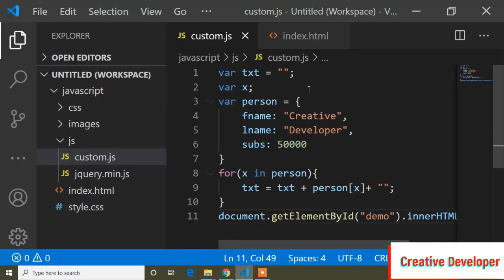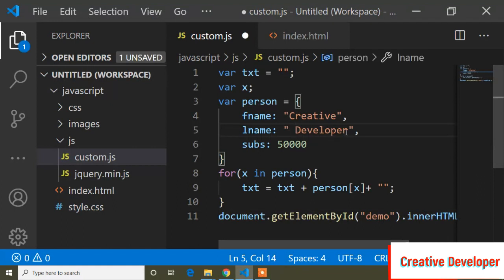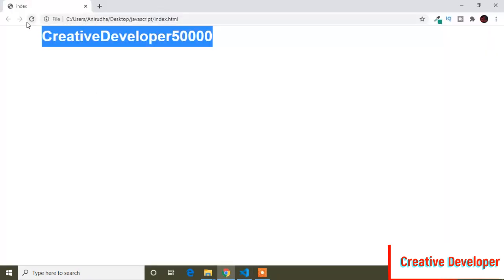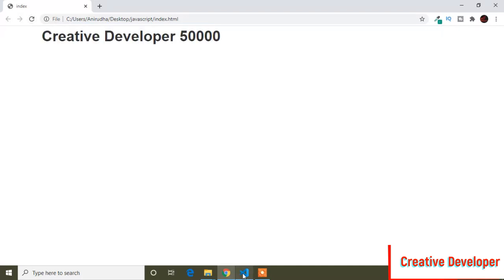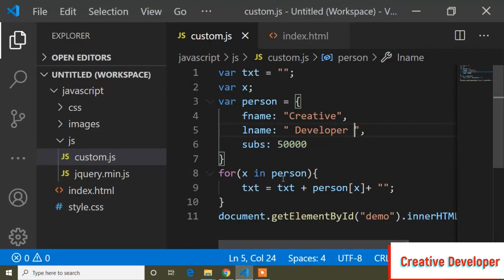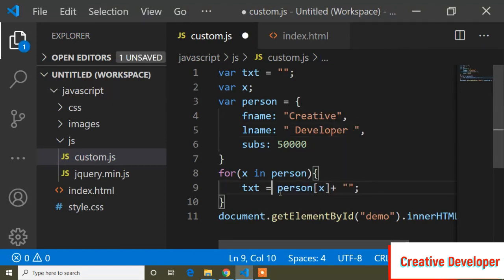So if I want to add some space, the same way here and here I will add space. And at the time of the assignment tutorial, I showed this text equals to text plus person. So instead of that I can write it this way: text plus.